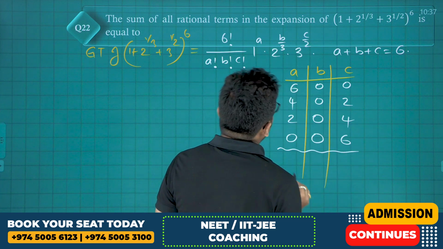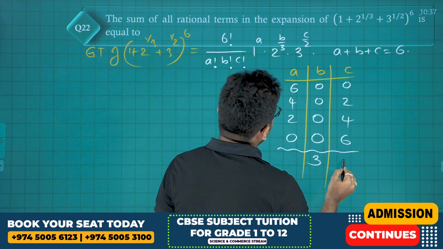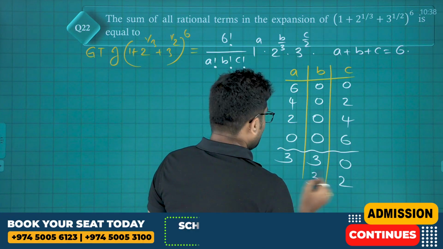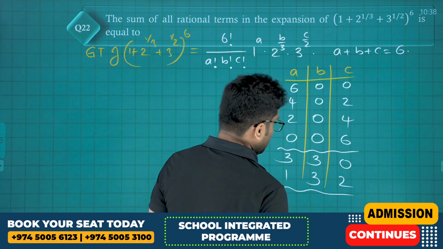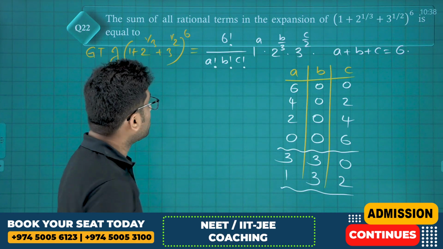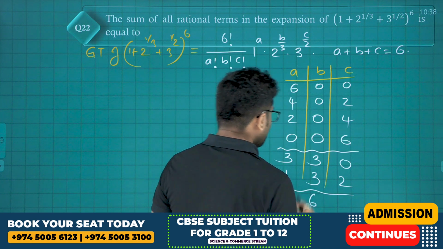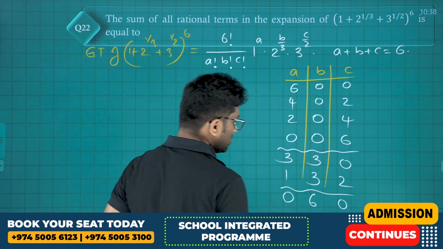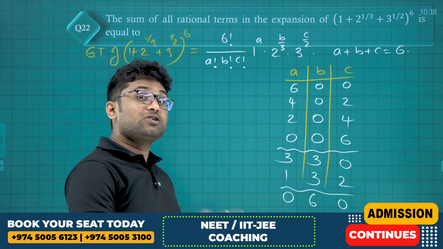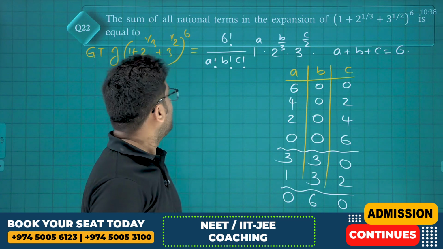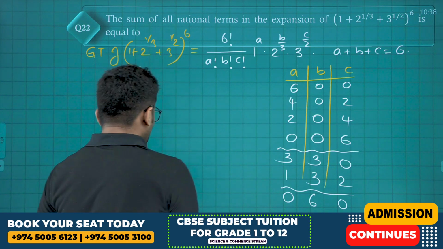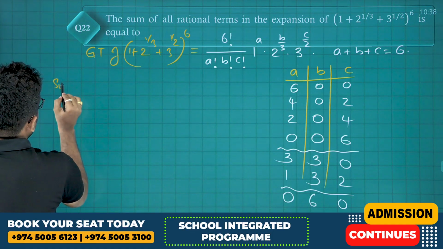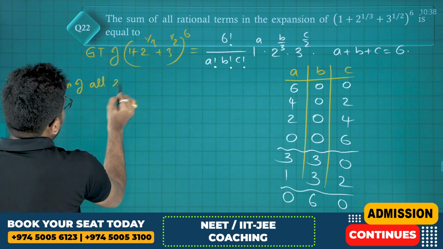Next, if b is 3, c is 0, then a will be 3. If b is 3 again, c is 2, 3 plus 2 is 5, a is 1. c can't be 4 because 4 plus 3 will be 7. If b is 6, c is 0, a is also 0, only one case. So now these are all the cases, and we are supposed to add them. These are all the rational terms. So now the sum of all rational terms